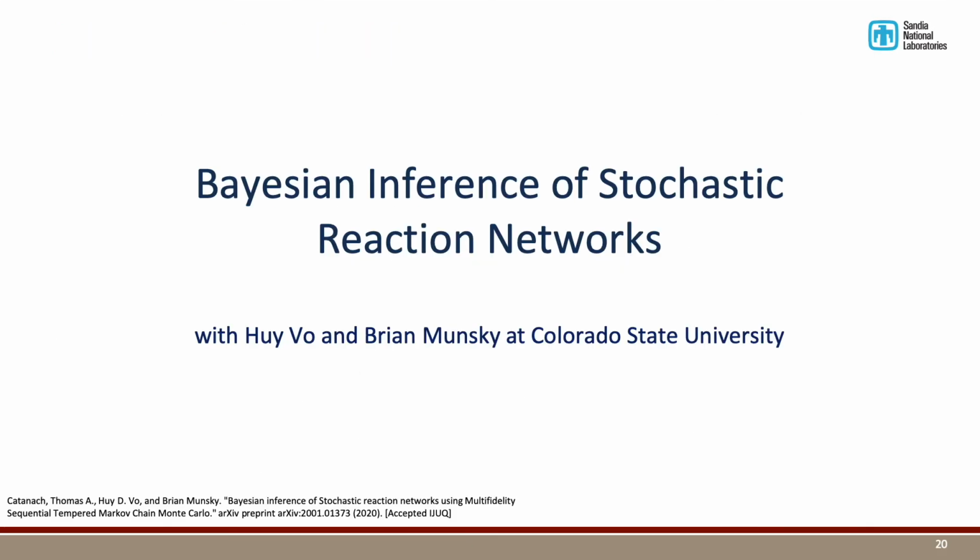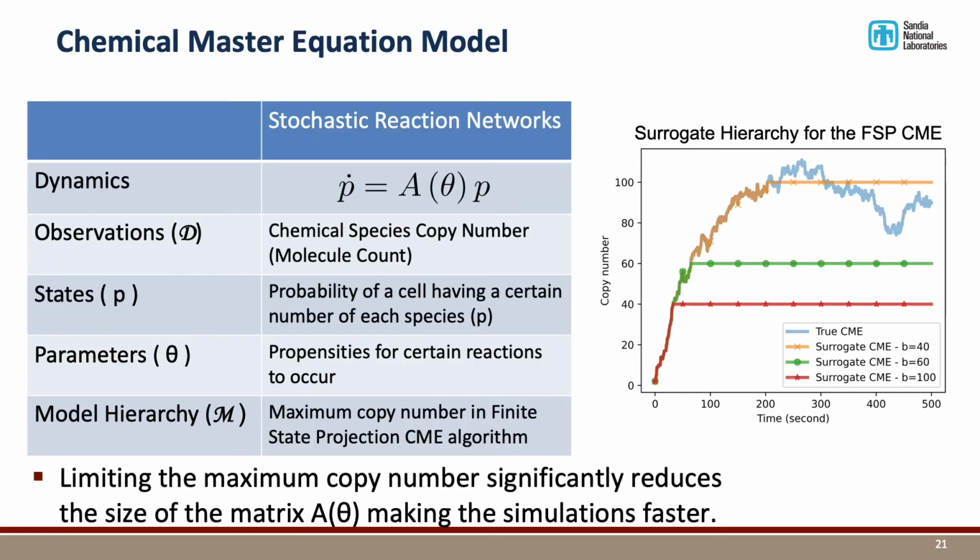We can now apply multi-fidelity ST-MCMC to a series of example problems for inferring parameters of stochastic reaction networks in biological systems. This is joint work with Hui Vo and Brian Munsky at Colorado State University. Modeling gene regulatory networks in cells takes the form of a stochastic reaction network. This is often modeled using the chemical master equation, which is a continuous time discrete state space Markov process, in